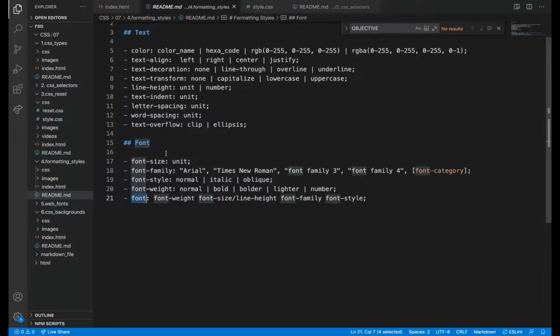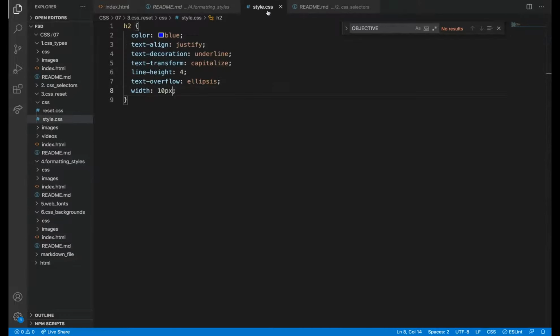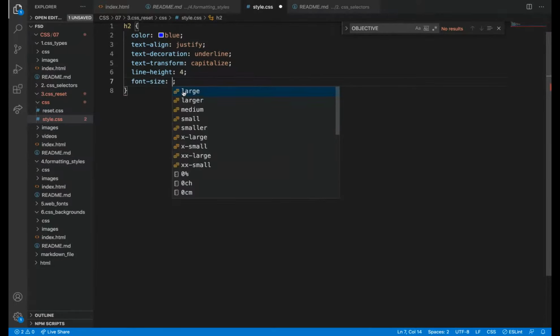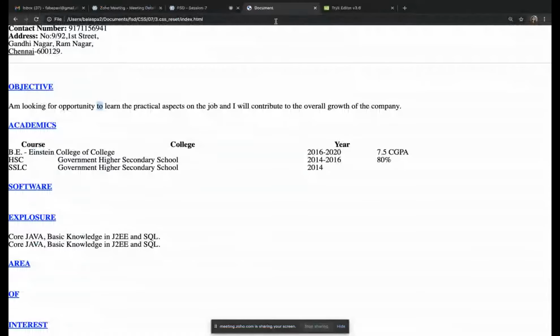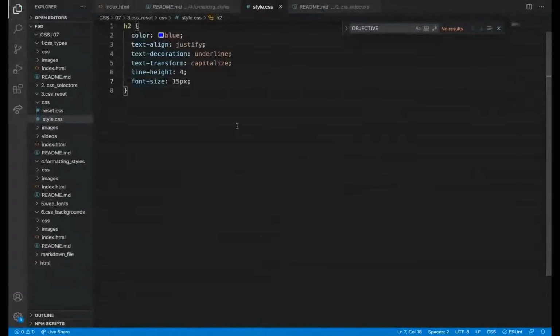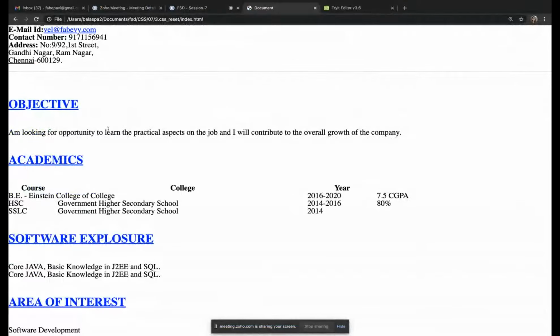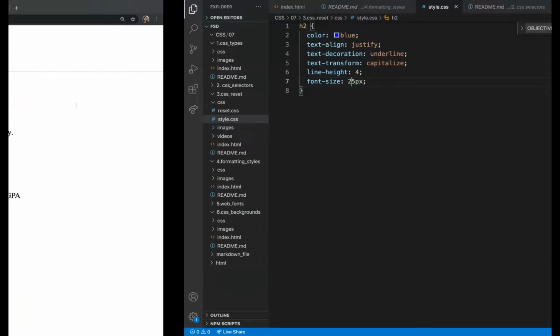So first we will see this. Font sizes, you all know, I can give any font size I want. Font size 15 pixel. Notice it better. I'll give 25 pixel. So the font size got changed to 25 pixel.